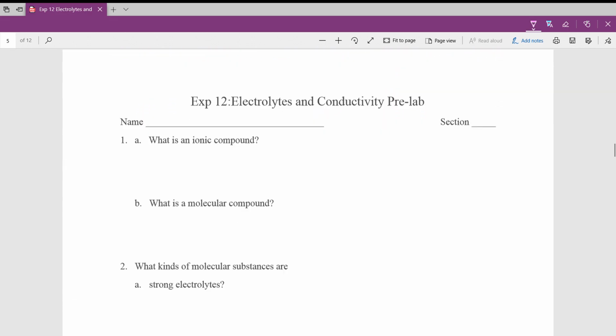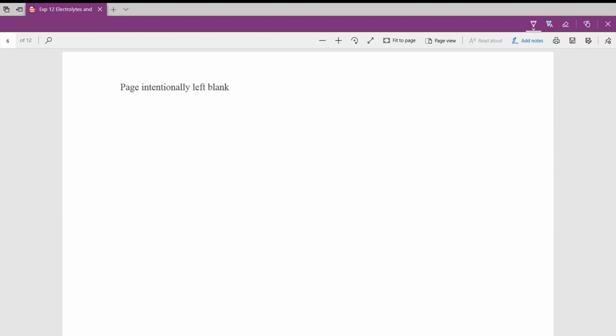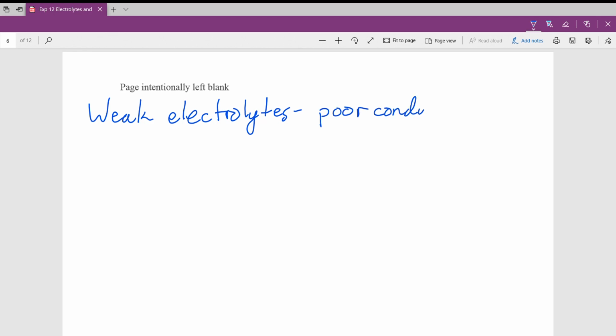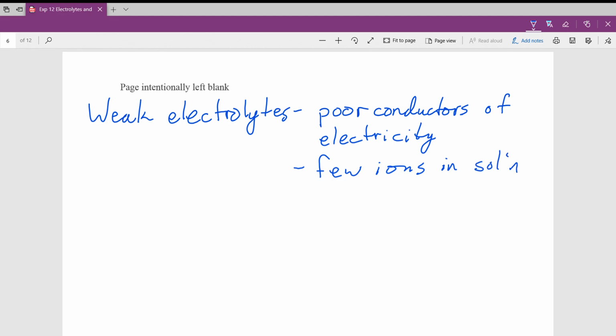Next up, let me find another blank page. We have weak electrolytes. These are poor conductors of electricity. Why? Because they have few ions in solution. Okay, and the type of compounds we're dealing with here,